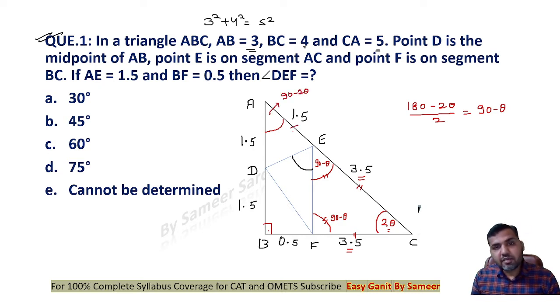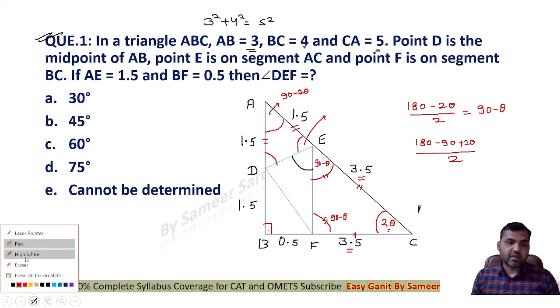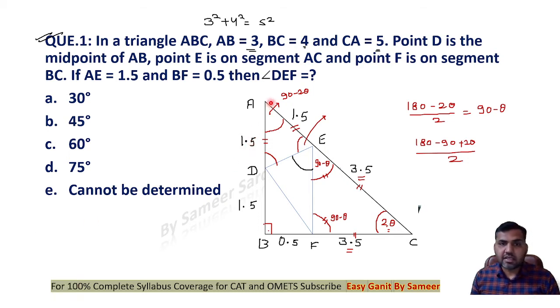Now you can also see that this side is 1.5, this side is 1.5, both of these two sides are the same. So the value of this angle will also be equal to (180 minus (90 minus 2 theta)) divided by 2. Why so? Because you can see, guys, look at this triangle, the summation of all these three angles is 180. This angle is 90 minus 2 theta, so both of these two angles are equal. The summation of both of these two angles will be 180 minus this angle.